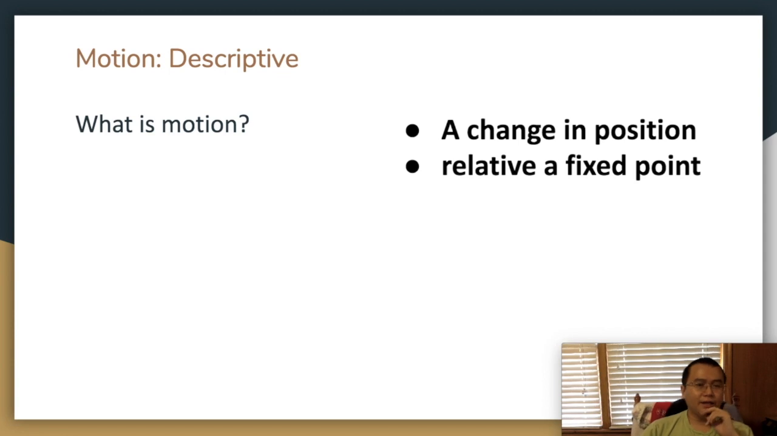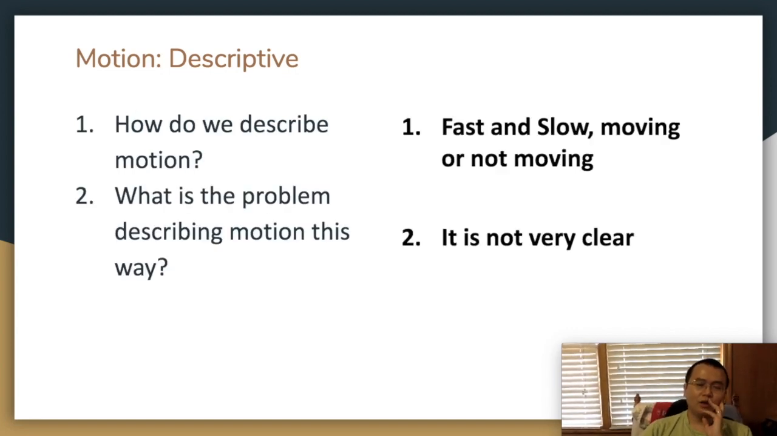We can start out by asking what is motion, and often when we describe motion, we refer to an object's change in its position over a certain period of time with respect to a fixed point. And we also describe motion in everyday language using words such as fast or slow, whether an object is moving or not. But using adjectives in describing motion is not very clear because, for example, I'm sitting in my room